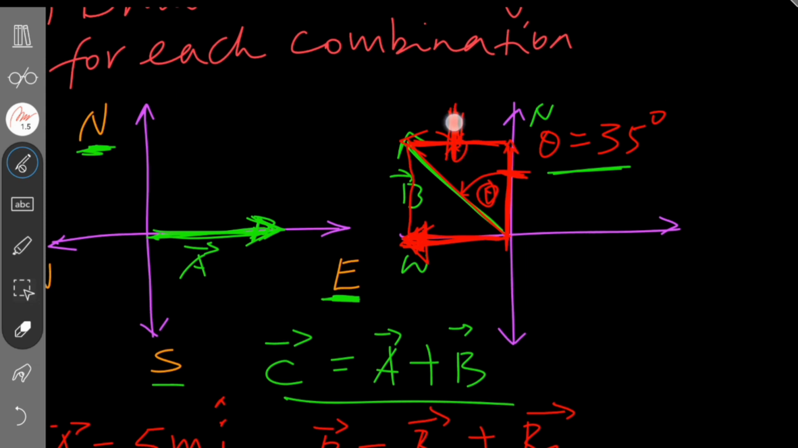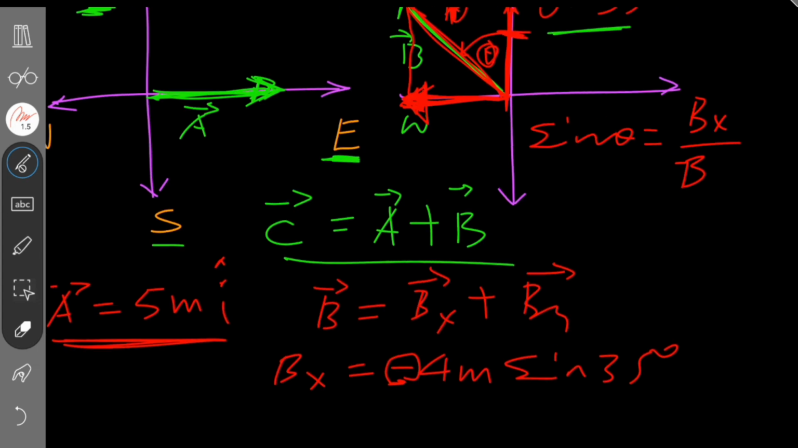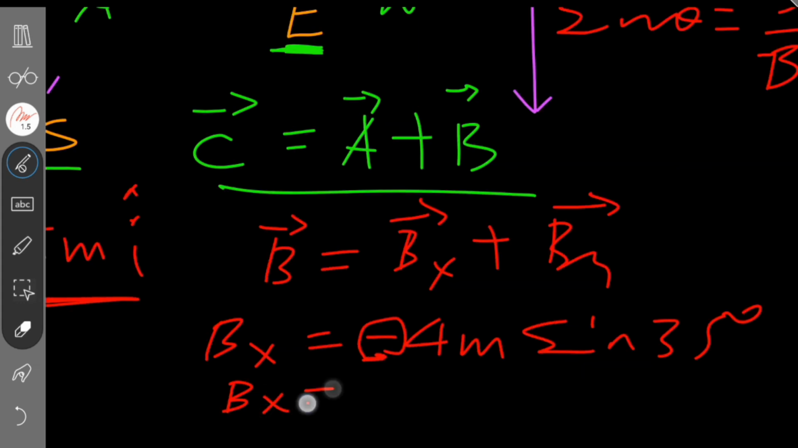Looking at this side in relation to x, I express B using sine: sin theta is equal to this side, which means Bx divided by the magnitude of B. So Bx is B times sin theta, and it points in the negative direction, which is why I put a negative sign. Then the result: Bx is equal to